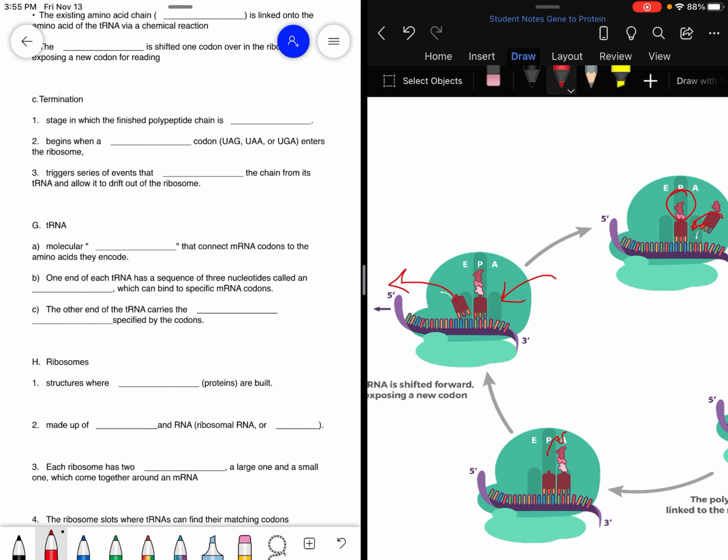Finally, we move on to termination, and it's just like it sounds. We are stopping. So termination is the stage in which the finished polypeptide chain is released. It begins when you hit a stop codon, which is either those three that we talked about, UAG, UAA, or UGA, will enter the ribosome. That will trigger a series of events that will separate the chain from its tRNA and allow it to drift